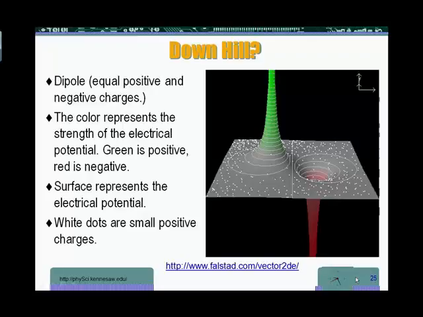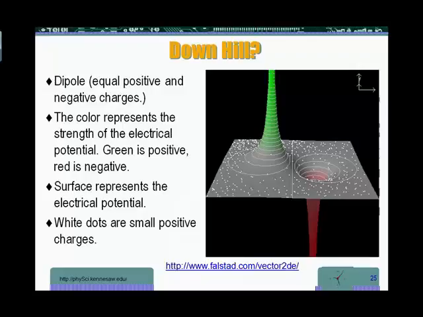In this recording, I will attempt to demonstrate what's meant by downhill when we talk of electrical potential. For that, I'm going to use a simulation from this website by Falstad. The simulation allows a diversity of configurations, but I'm going to show you this